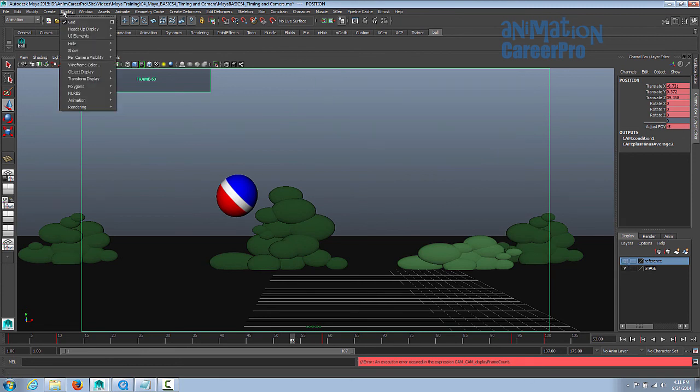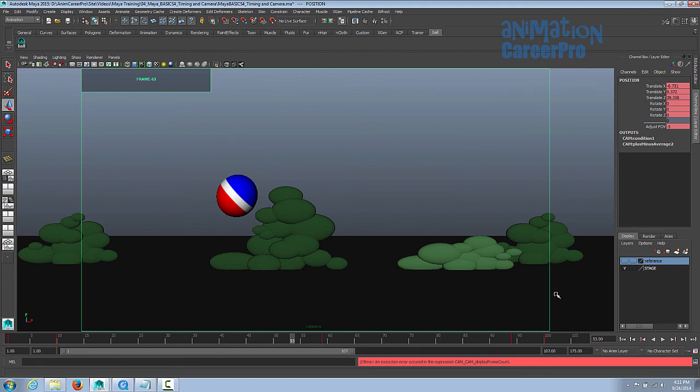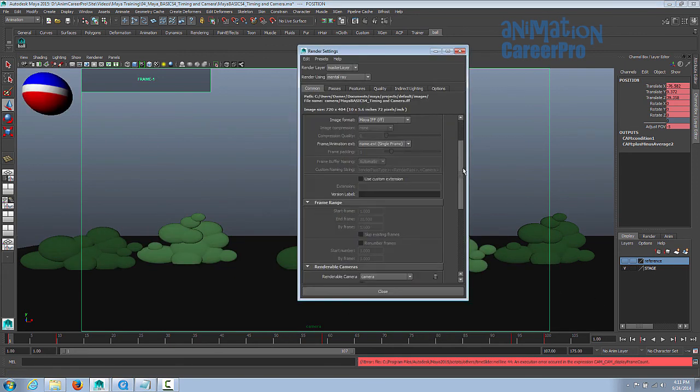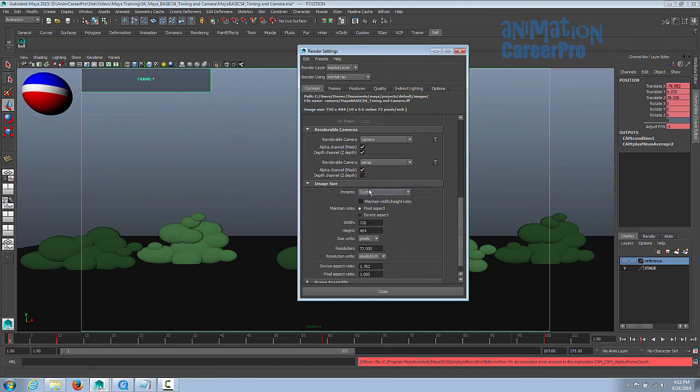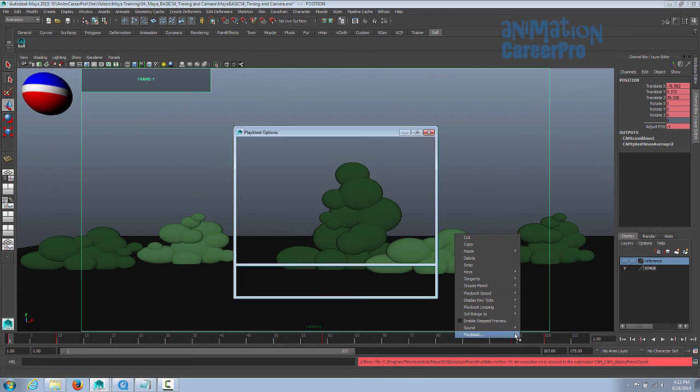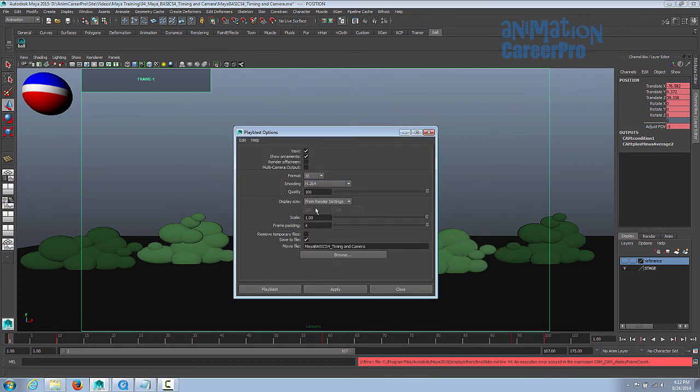You can hide your grid by going to display, get rid of the grid. First make sure your render globals are set to 720 HD. So go to image size, presets, HD 720, and then just close that up. And then we'll go to the timeline and right click, Play Blast option box, all the same settings as before,